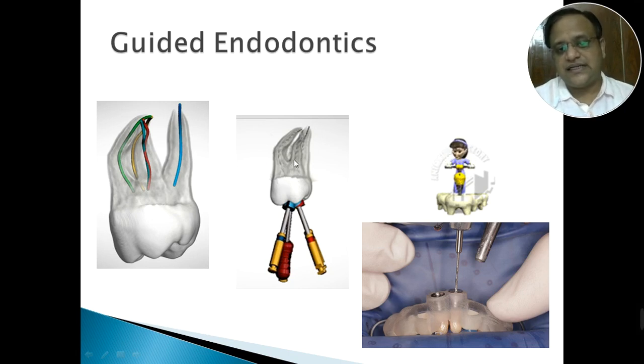There is a possibility that a very small apical exit is there or a very big canal is there. Accordingly we can choose the right kind of file with minimal chances of any accidents or iatrogenic errors. That is why all these newer advances are required in today's time. I hope this advancement is happening a lot more frequently, and in coming time we all get to do endodontic treatment with so much precision.